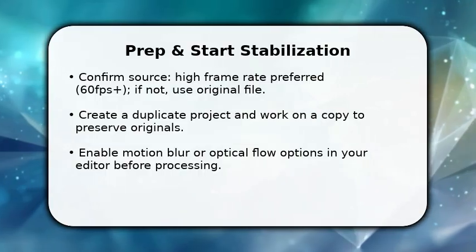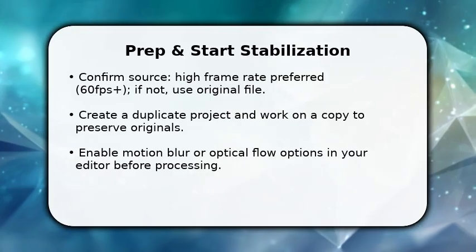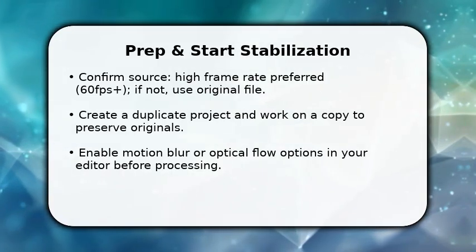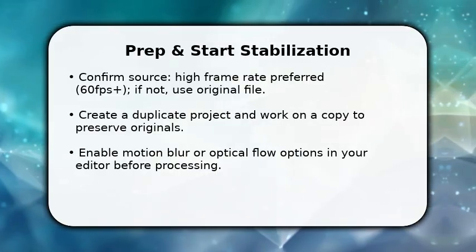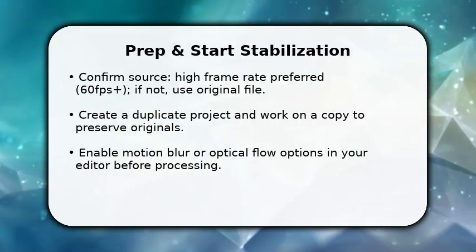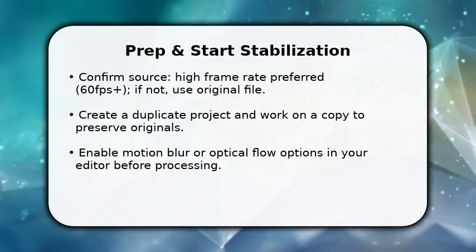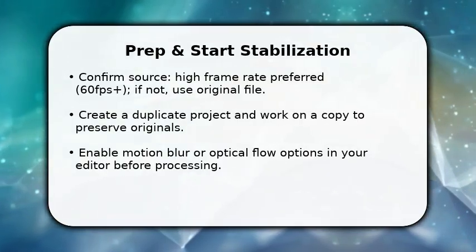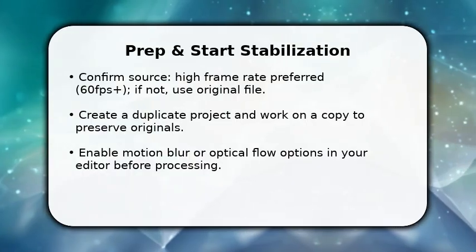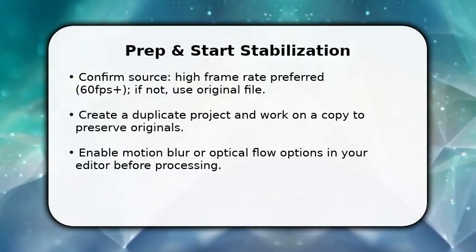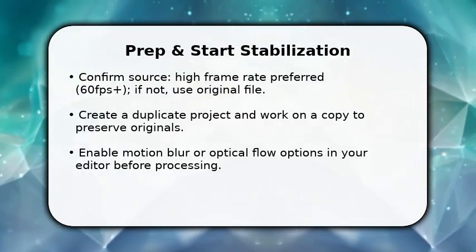You begin by choosing the best source clip and duplicating it so you don't alter the original. Once done, import the duplicate and enable stabilization and optical flow or motion interpolation in your editor. This reduces judder in slow motion. Make sure to set frame blending to the target timeline frame rate and select high-quality motion estimation. These first steps cut down on artifacts and give you a clean base to refine, saving time in the heavier